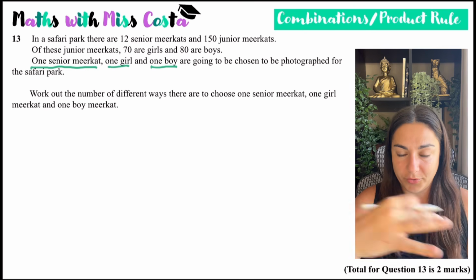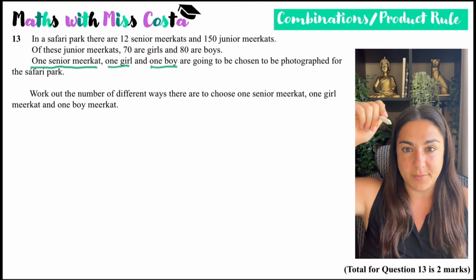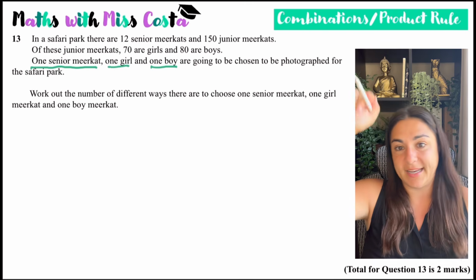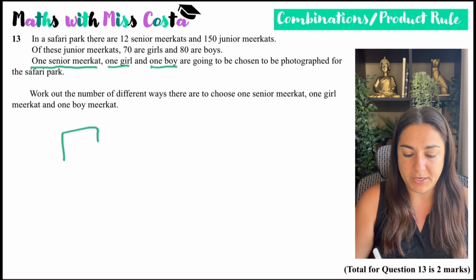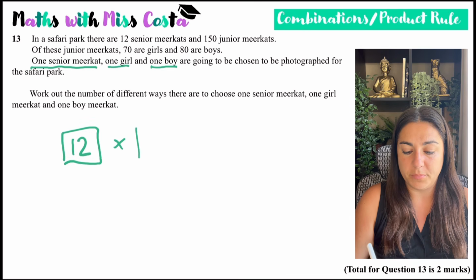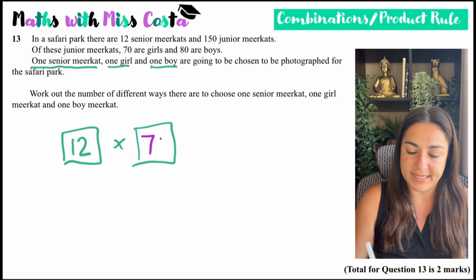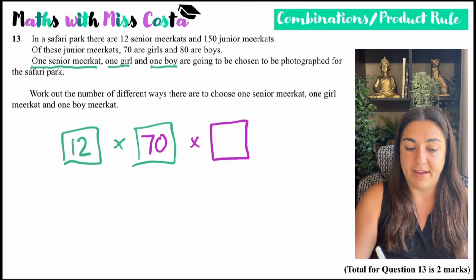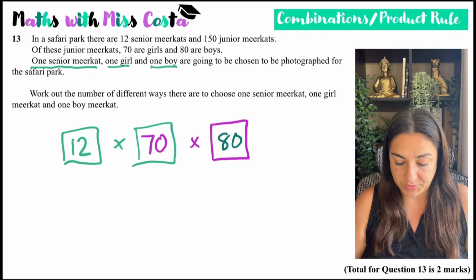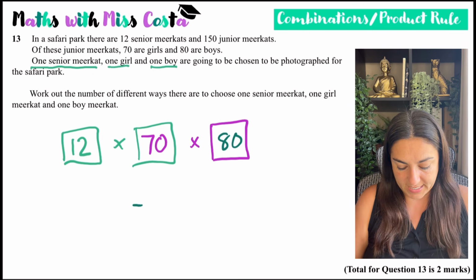And I need to work out the different number of ways there are to choose one senior meerkat, one girl meerkat, and one boy meerkat. So this is like the product rule for counting. Instead of going through each senior meerkat and allocating each boy and each girl to them, which would take a very long time, I know that I can just multiply. So how many options do I have for my senior meerkat? I've got 12. How many options do I have for my girls? There are 70 girls. And how many options do I have for my boys? I have 80. So all I need to do is 12 times 70 times 80, which would give me